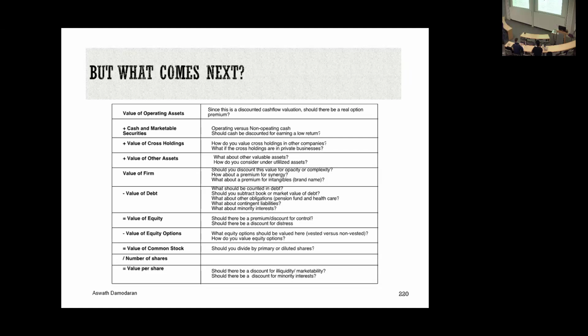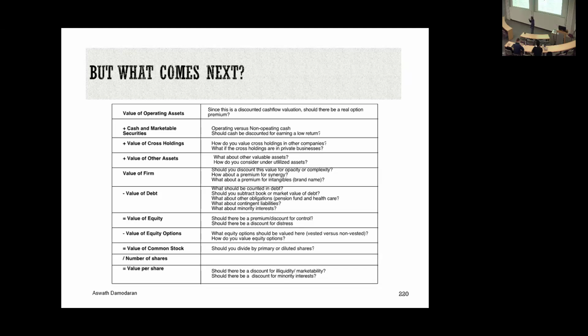We'll make a stop at complexity. Should I punish companies for being complex? And then we'll talk about debt. We've already talked about debt in one context, right? When we talked about cost of capital. But now this is a different revisiting of that number. We're saying, what should I be subtracting out from the value of a firm to come up with value of equity? And I'm going to argue that maybe the rules have to get a little looser because there are things you've got to bring in that you worry about. What if there's a lawsuit hanging over your company's head? It might not be showing up as a liability yet because it's just brewing, but should you be factoring that in?